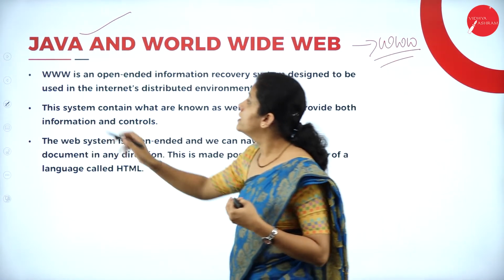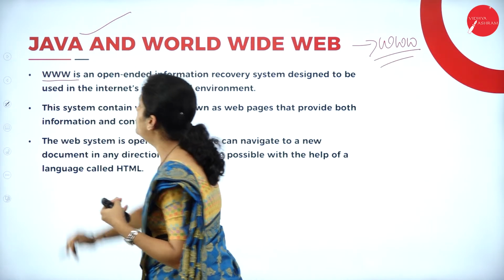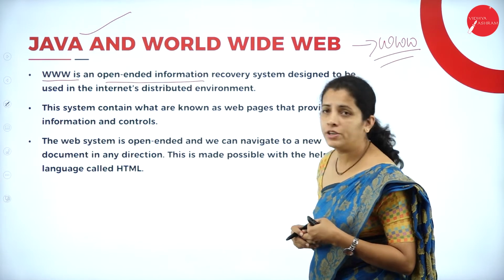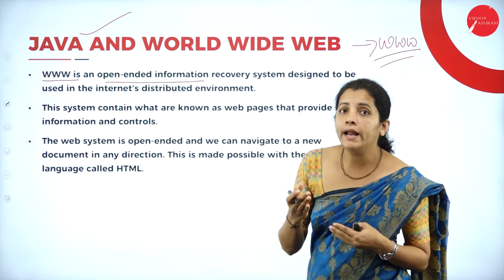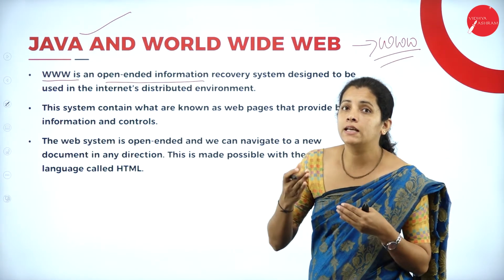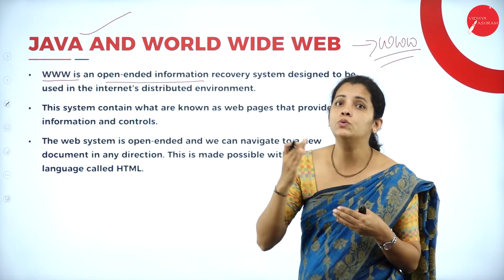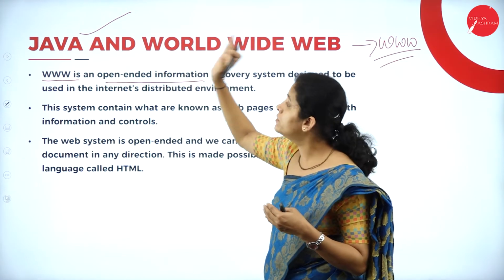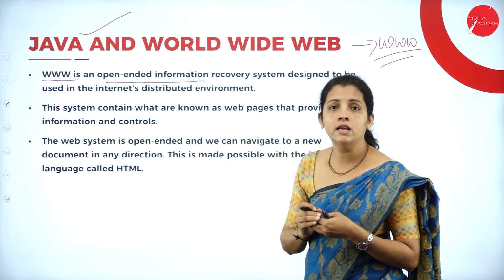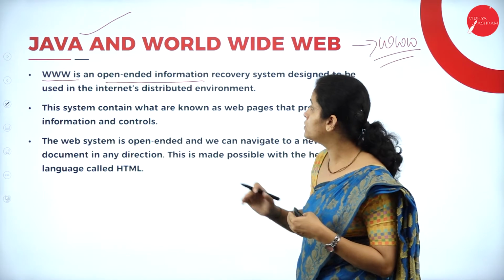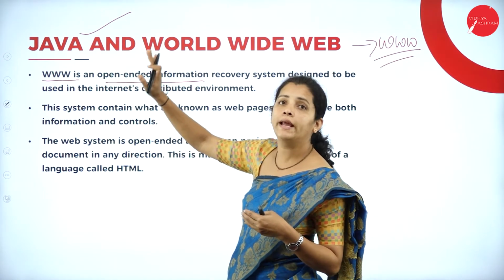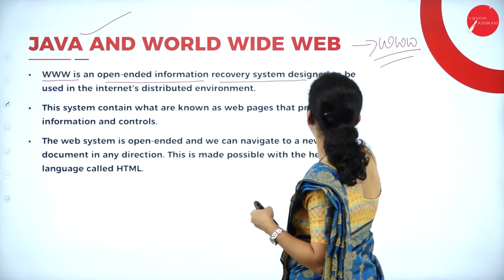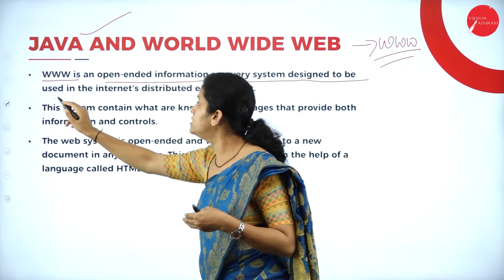So here the www is open-ended information. What is open-ended information? That is nothing but all users can access the information which is stored in the www. So that is nothing but an open-ended information recovery system designed to be used in the